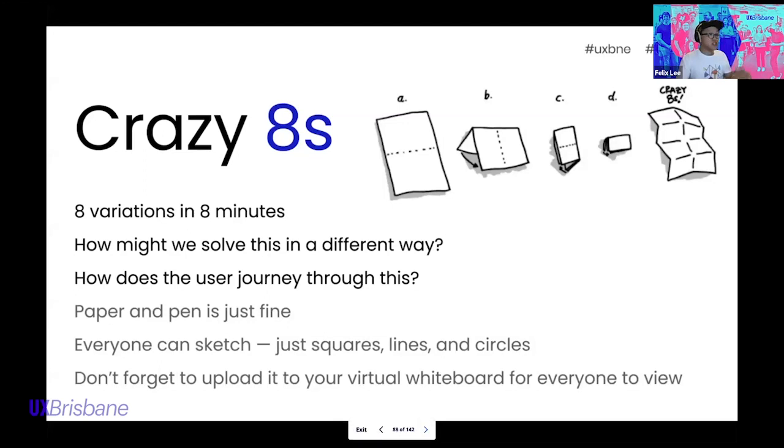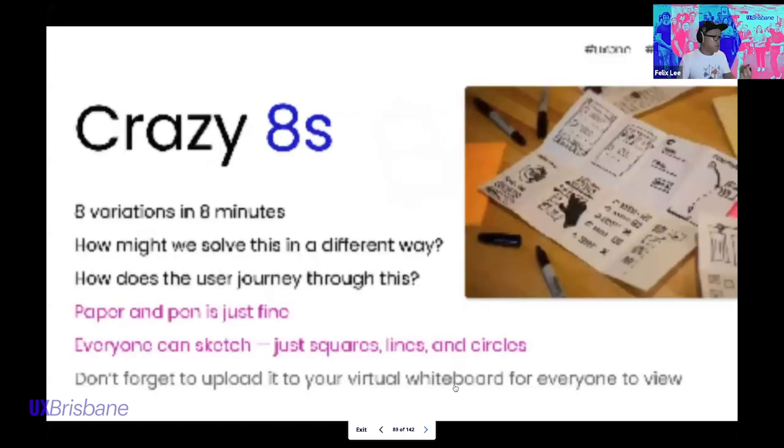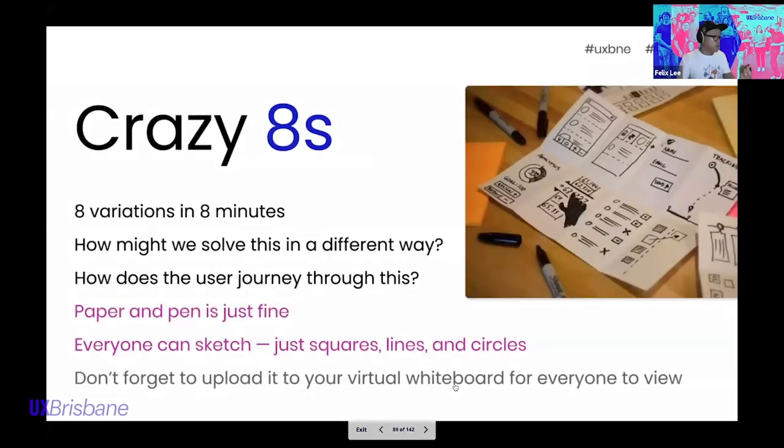And previously, when I spoke about preparing paper and pen during the comms, this is where, when you prefer to get your hands dirty, you use a pen and just start drawing. If someone tells you they can't actually draw or sketch, just remind them that everyone can sketch. Whatever we're seeing on the screen right now is essentially just squares, lines, circles, and copy. And it could just be scribbles of text, right?